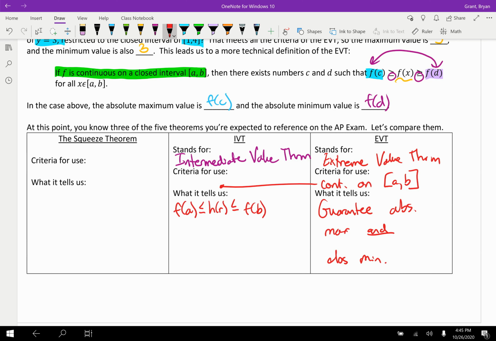I should call this f of r. Not sure why I decided to switch to a different function notation. That was silly, and now my pen doesn't want to erase. There we go. So it basically tells us if we find the y values of the endpoint,